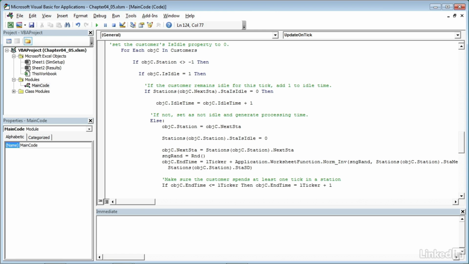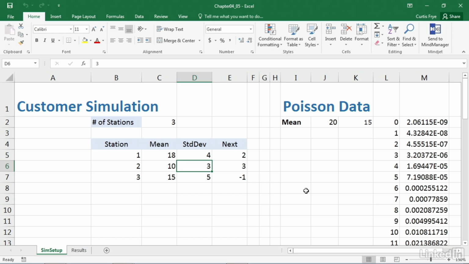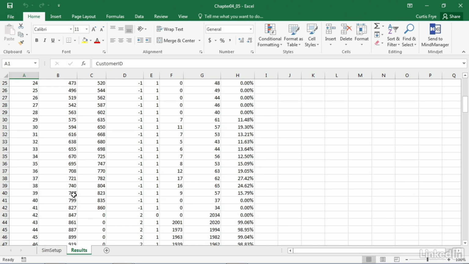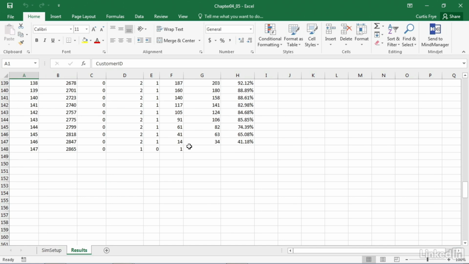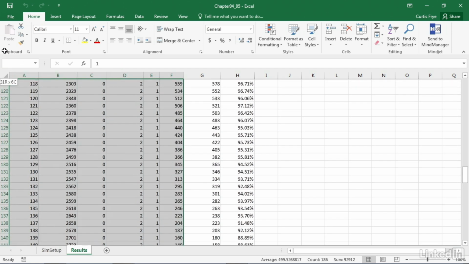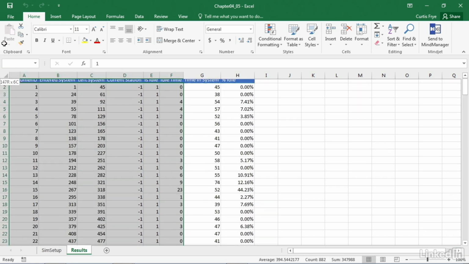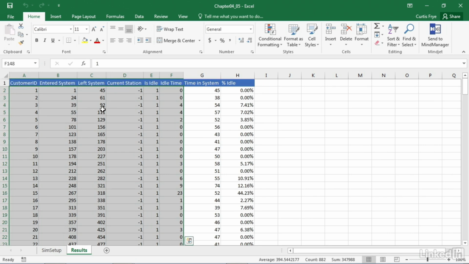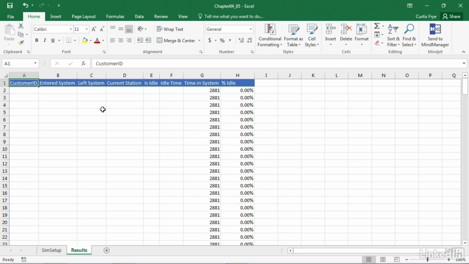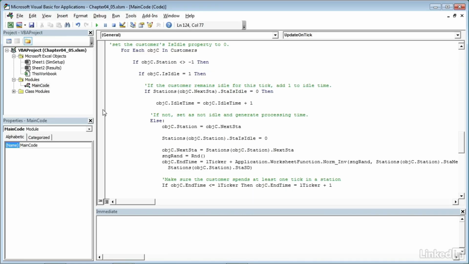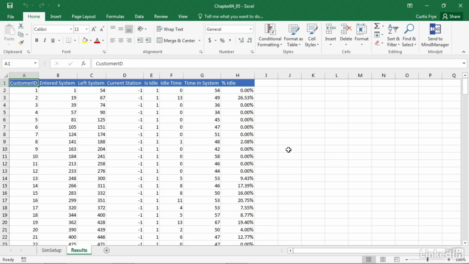Now I can press Alt-Tab to move to the main workbook. I'll switch to the results worksheet, and we have results all the way down to row 148. So I'll delete everything from column F over and press Control Home to move back to cell A1. So A1 is currently the active cell, although we have code to set it anyway. I'll press Alt F11 to go back and press F5 to run the simulation. Alt Tab, and when we scroll down,